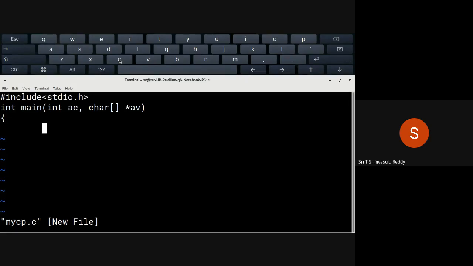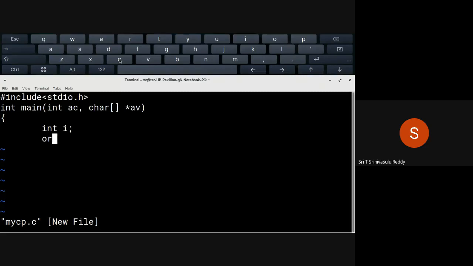So how many arguments there are, and the actual arguments list itself, is going to be available. Initially we will only print all the arguments, and after that we will develop the actual logic. First there's going to be an index variable I, semicolon.